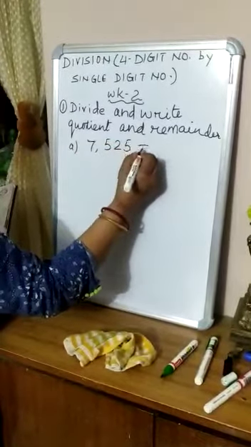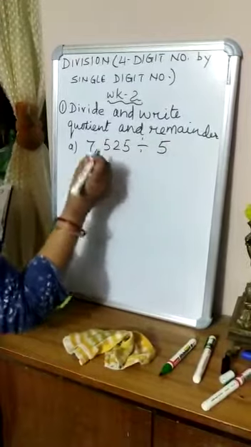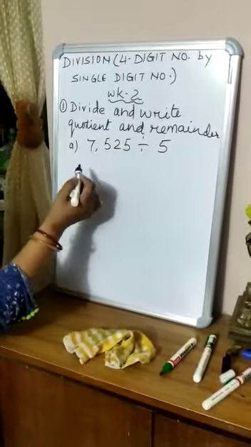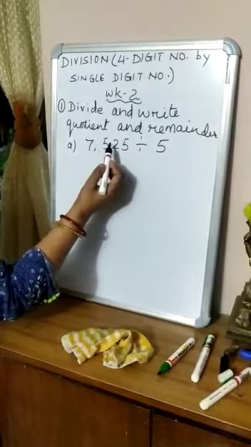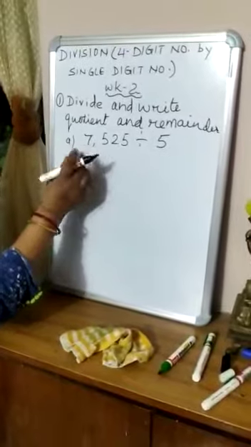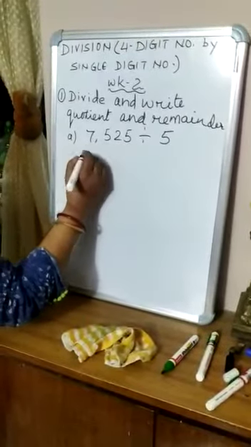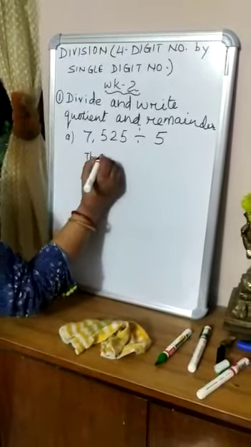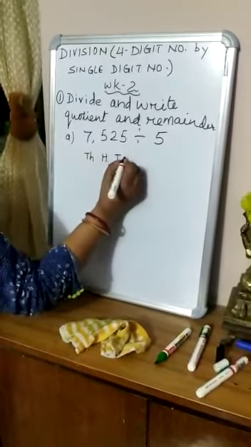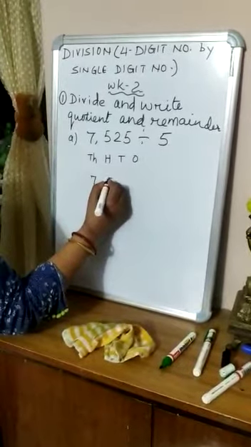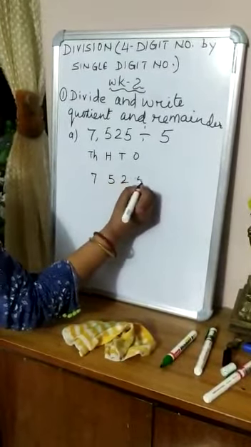7525 will be divided by 5. So how many digits are there in this dividend? What is the division? Let me firstly tell you. So 7525 is a dividend and 5 is the divisor. So I will write down this dividend in a place value chart. 4 digits are there, so 4 places, thousands, hundreds, tens and ones. So I will write down this 7525. Now I will